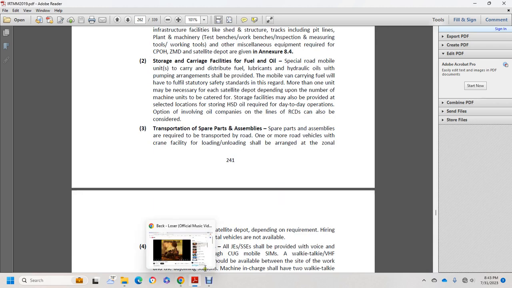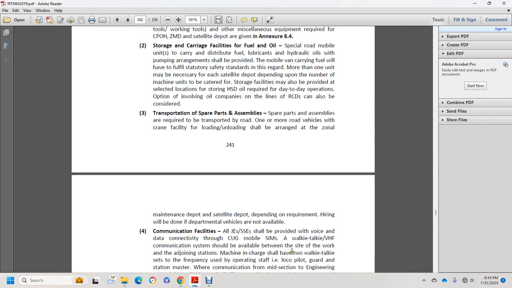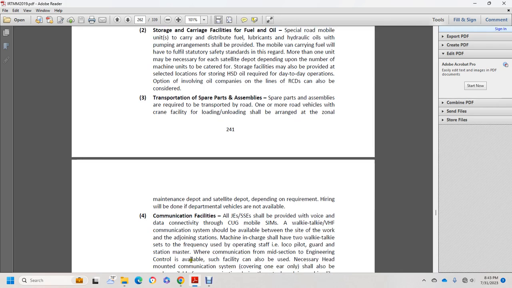Communication facility: the junior engineer and senior engineer shall be provided with voice and data connectivity with a CUG mobile SIM and walkie-talkie VHF. Communication should be available between the site of the work and the adjoining station. The machine in charge shall have two walkie-talkie sets with frequency used by operating staff, local pilot, guard, and station master, with communication from the engineering controls also available. Such a facility can even be necessary ahead of the mounted